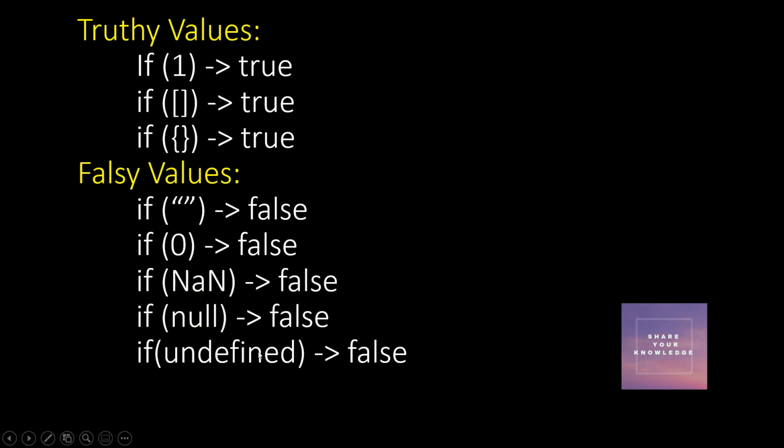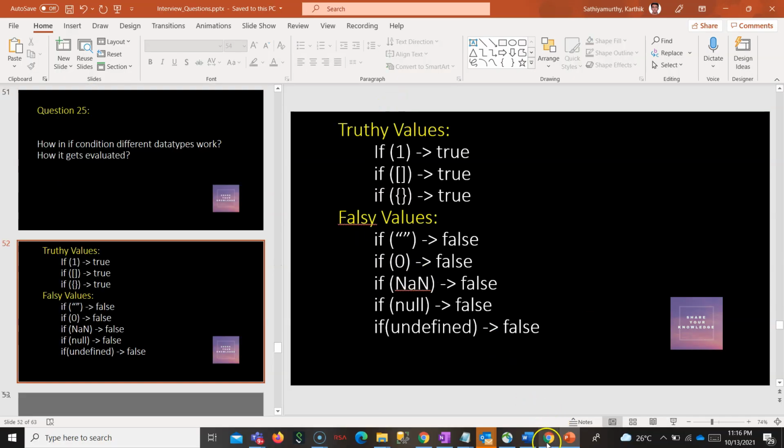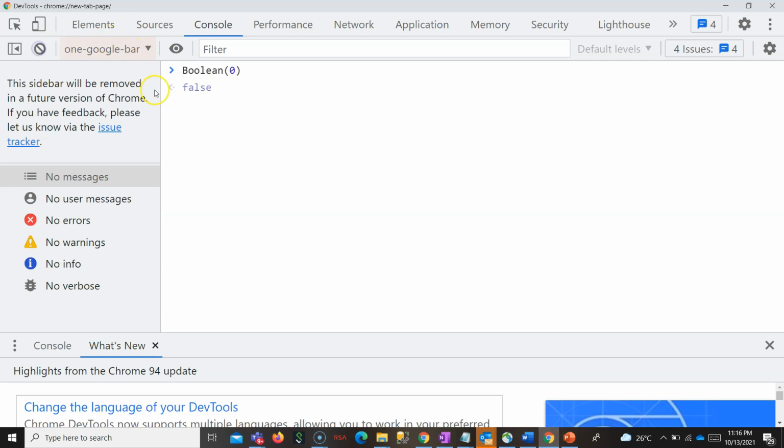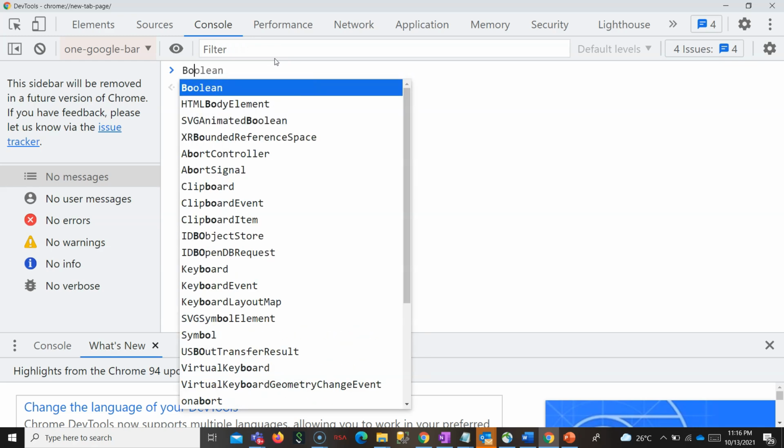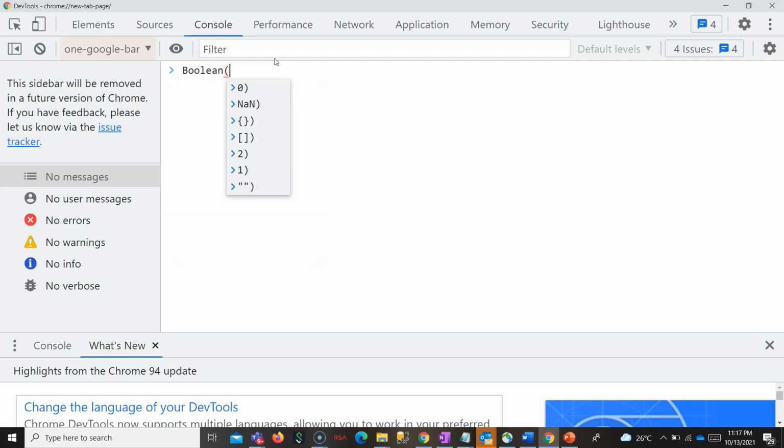So let us see how JavaScript evaluates this one as a Boolean true so that it is able to execute the statements available inside the if statement. It is very simple. What really happens is that whatever you put inside the if statement, it tries to convert to a Boolean. If you give a value 1 inside the if statement, it converts it into a Boolean and it is true. So it executes that statement.